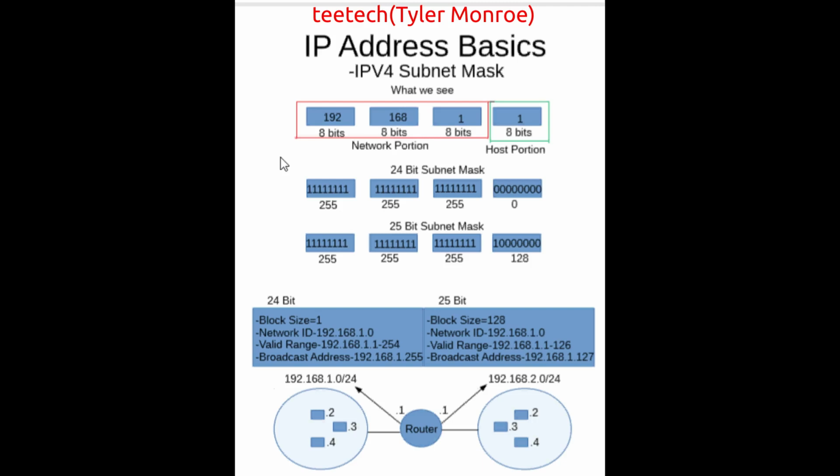So in our example here, what you see is a 24-bit subnet mask. And as we said with the bit values adding up to 255, the maximum value when we see it in decimal is going to be